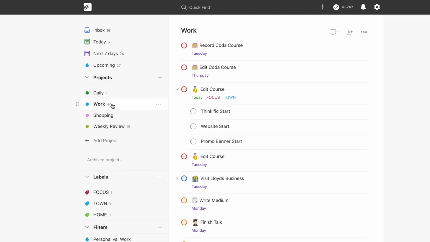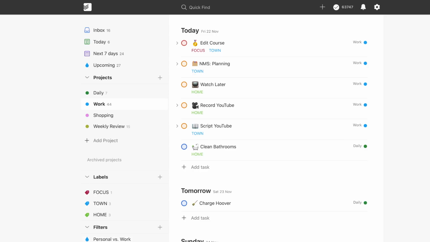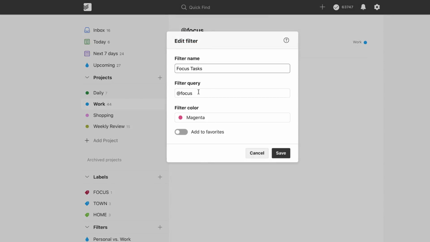I could do this or create a work and today filter, but I quite like having the two separations, because I can see, okay, am I winning in my personal life? I'd need to clean the bathroom and then I'll be winning. And then I have the upcoming, which I've shown you, and the focus tasks, although you could probably just go to here. But this is one that's built around, oh no, I didn't build that, but I could be like,